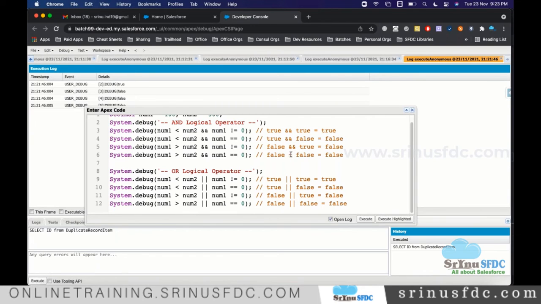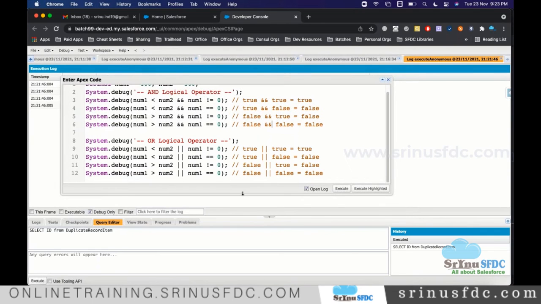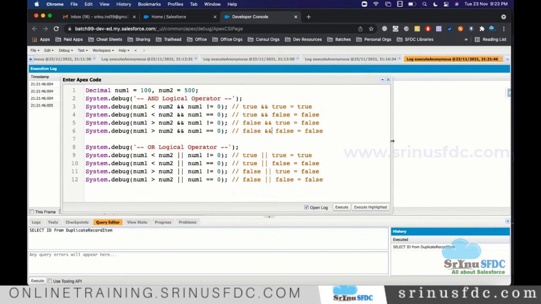If any one of the values is false, the final result will be false, right? So now let's execute.